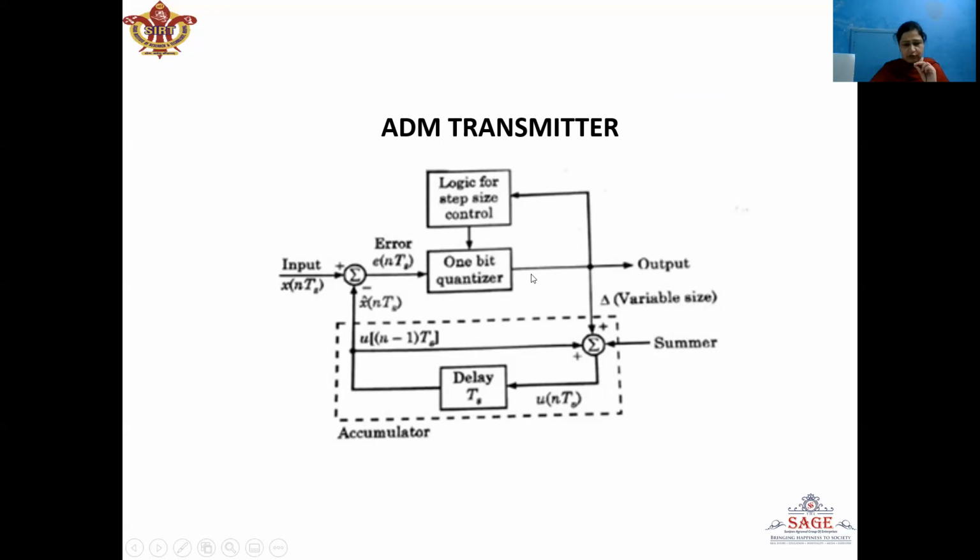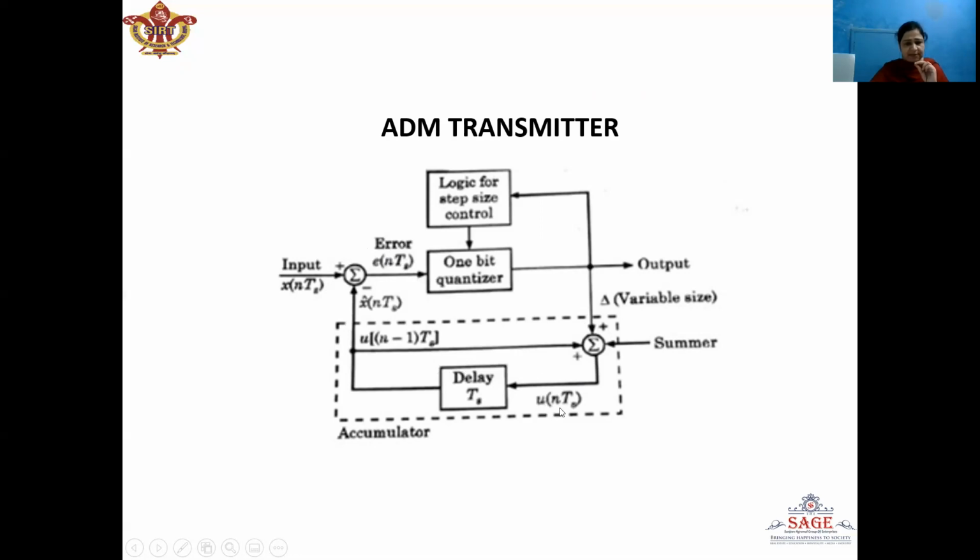Now in delta modulator, the output of the 1-bit quantizer is either plus delta or minus delta depending upon the sign of error e(nTs). Now this quantizer output is added to the previous approximated signal to generate